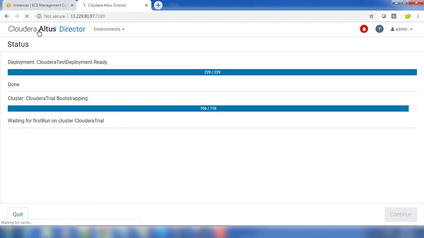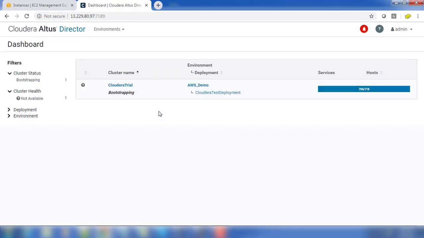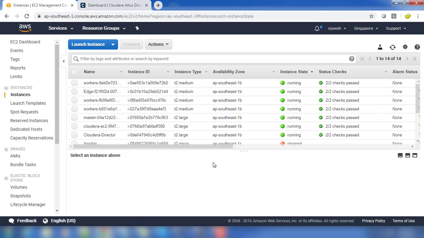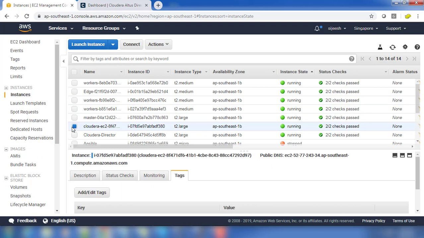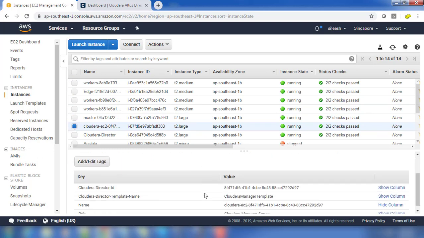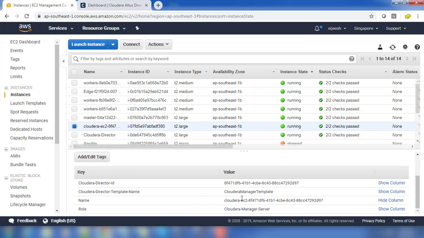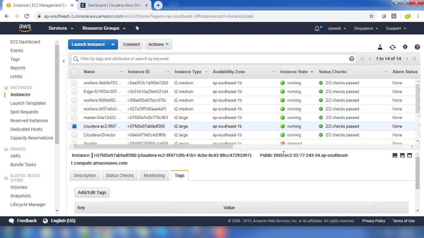So we can go back to the main console. I think it's about to finish, so only the last few steps are pending. At the same time, we will just take the Cloudera Manager host name, so here you can see the details. The Cloudera Manager server tag, the role is here, and